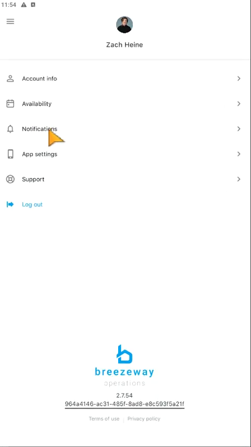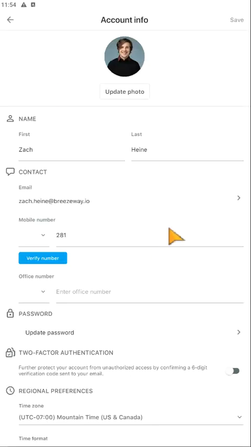Let's now talk a little bit more about some of the other settings, including the translation features. You can customize those by coming up here to where it says account information and clicking on this. And it's going to be on this same page where you can edit some of your own user account information. In addition to that, it's going to be here where you can add your mobile phone number. And if you add your mobile phone number here and verify your number, this will allow you to receive SMS